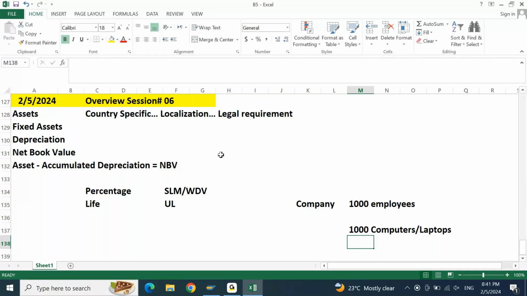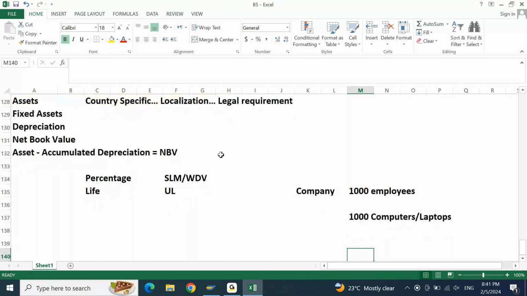Similarly, you may have 1,000 employees, so you need to make sure 1,000 seats are available. You will have to arrange a minimum of 1,000 chairs, though definitely you will have more than 1,000 chairs. And for 1,000 employees, you need at least 500 desks, because if on each desk two employees are sitting opposite each other, then at least 500 desks are required. Now you will be requiring furniture here. Furniture is also an asset. Without furniture, no company can operate.